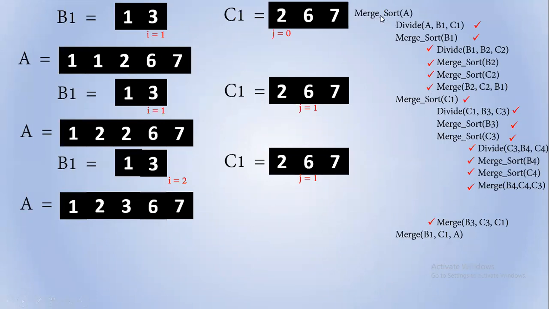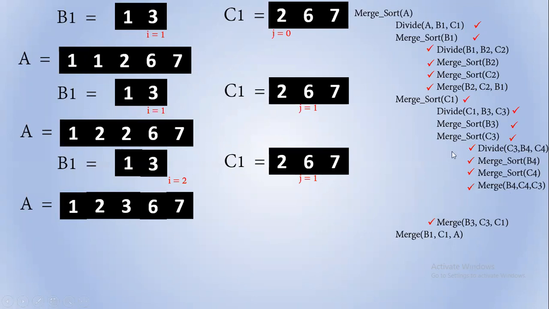So you can see inside this big merge sort A, what we did up to this one was merge sort A. You can see it's divide operation, merge sort, and merge. But inside these merge sorts, there were sub functions. So it has to call its own merge sort here, and here again its own merge sort, and even inside that one you may have other merge sorts which will go through all of these 4 steps. So you have to finish those steps and come back. Then this will be over.